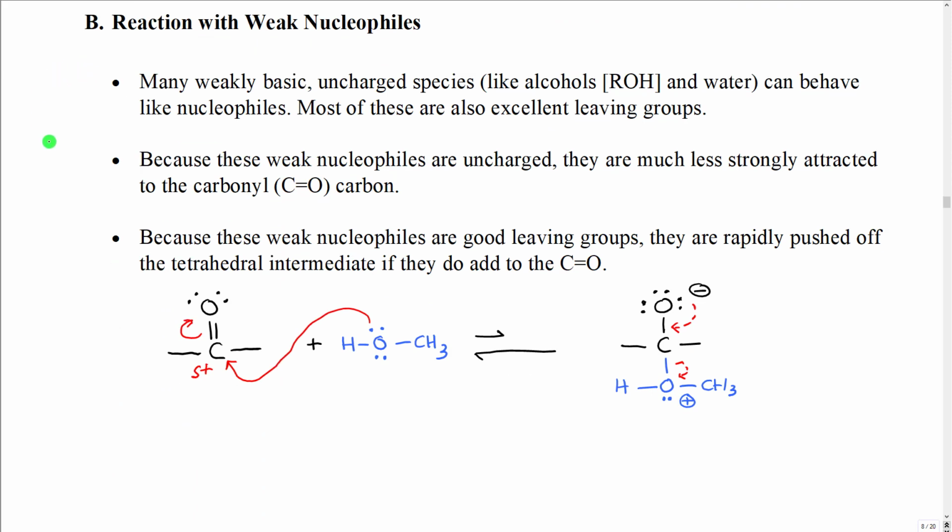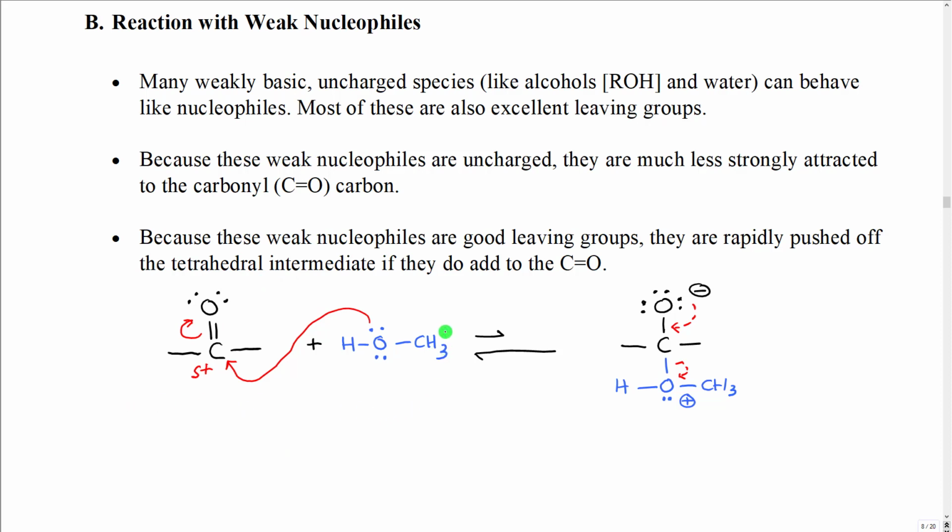If we look at weak nucleophiles, there are several different types of weak nucleophiles, the most common of which are alcohols and water. If we look on the pKa table, these are very high up on the pKa table in the right-hand column. So they're really excellent leaving groups, but they are also reasonable nucleophiles. They generally are uncharged, and so they have a much less strong attraction to the carbonyl carbon. Finally, because these weak nucleophiles are good leaving groups, if they do make a bond to the carbonyl carbon,